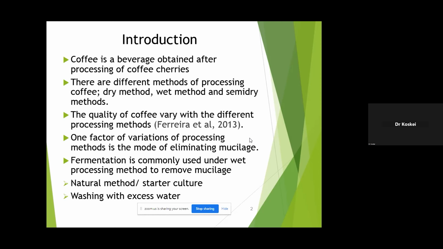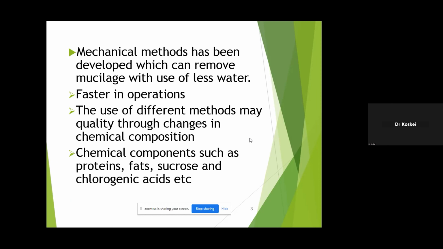Under fermentation, it can be carried out using natural methods or even starter culture utilization to ferment the coffee, and then washing with enough water is done. But there are other methods that do not use fermentation, and they use mechanical means to remove this mucilage. These methods are observed to be faster, and they conserve water. So the use of different methods may